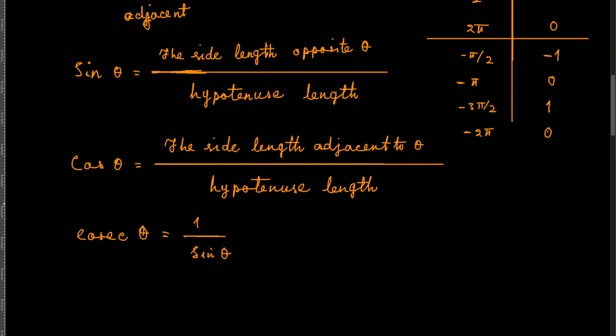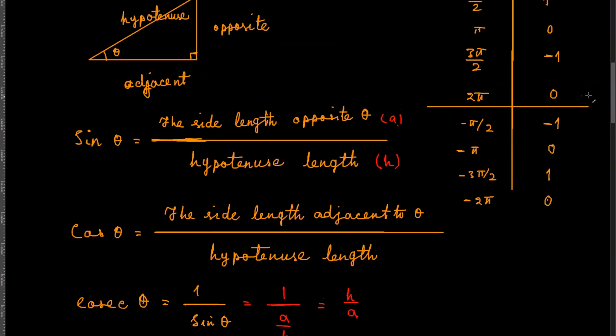If I call the side opposite theta A, and the hypotenuse length H, then this is 1 over sine theta. Sine theta is A by H, so this becomes H divided by A, meaning that the cosecant of theta becomes the hypotenuse length divided by the side length opposite theta,